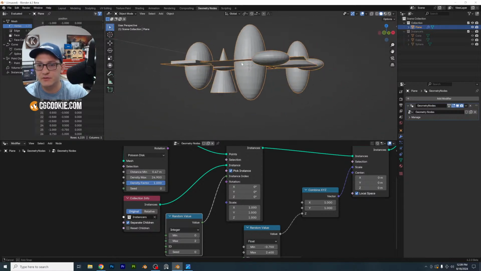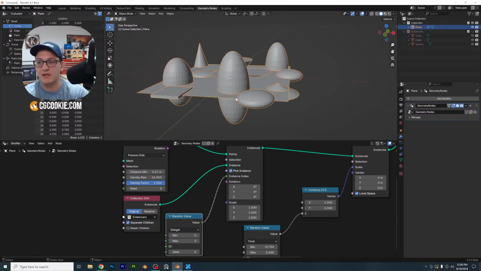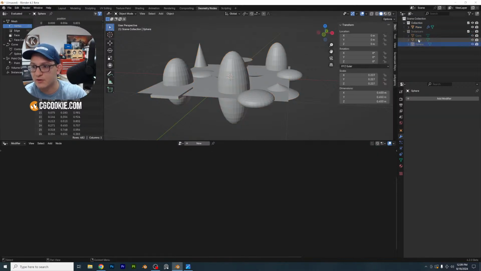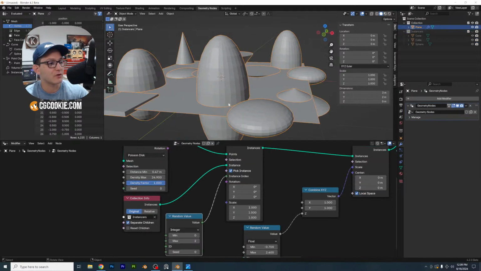Now you'll also notice they're kind of all over the place, right? They're not really where we want them to be. So make sure when you have your objects selected that they're zeroed out, which they are. So we're good to go there. Now with our plane, we also want to